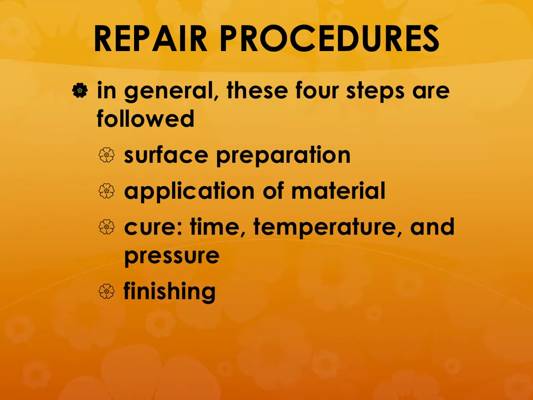So, what are the types of repair procedures that you use? Essentially, it's a four-step process. First and foremost, you have to prepare the surface. Why do you need the surface preparation? Because if there is dust and moisture and things like that, you need to make sure that it is completely clean. So when you apply the repair patch, it ensures that the material would bond well with the underlying substrate